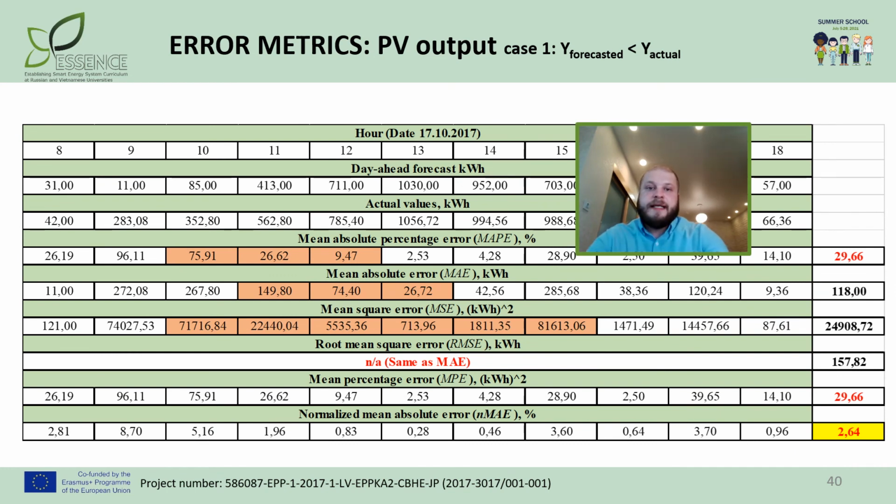Let's consider the case when the forecasted value is lower than the ground truth value. So now you see how mean absolute percentage error changed. All the values are lower than 100%, and we have the resulting error no greater than 29%, which can be considered admissible for this very specific problem under consideration. But anyway, if we consider normalized mean absolute error,